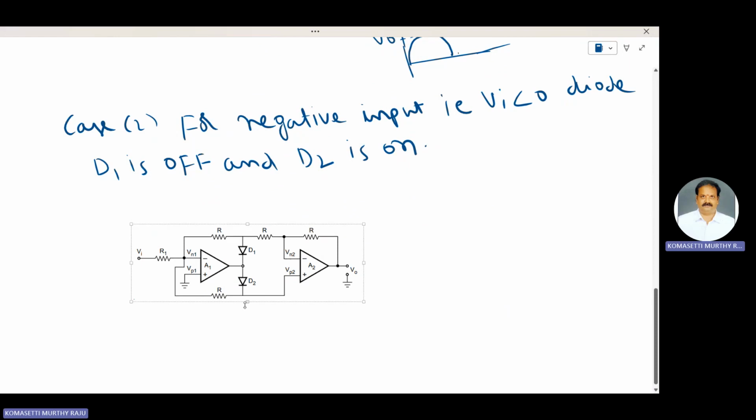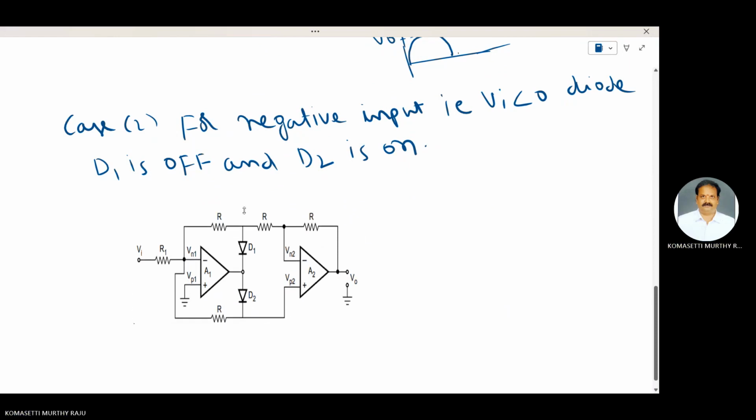This is the circuit here. Case 2, here Vi less than 0, that means a negative going half cycle. Here the positive going half cycle is obtained. For this positive going half cycle, diode D2 is forward biased, D2 is on, D1 is off. Therefore, the simplified diagram is